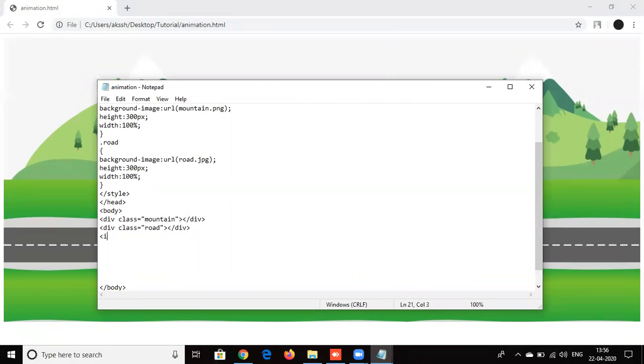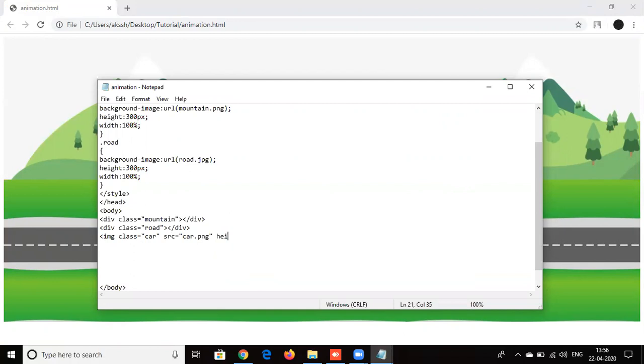For car, I do not need to put div because div is something for the background. I use img, which is called as image. Then I have to give a tag to my image. I'm using car. Then I have to tell from where I'm picking up the image. So car images car.png, which I've saved in this folder.